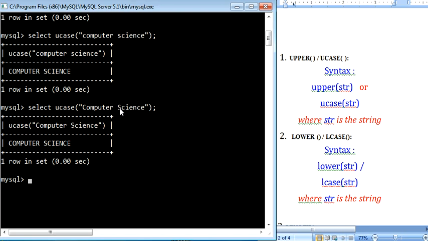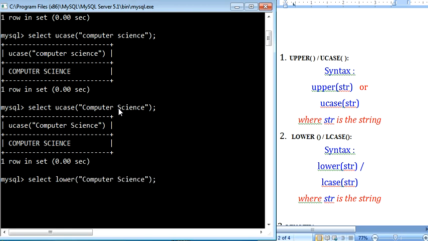And if you want to use a lowercase function, lower is nothing but the reverse of upper. Like upper is converting all the characters to uppercase, the same way lower will be converting all the uppercase characters to their lowercase formats. So let's see an example of that. Select, instead of using UCASE, here we'll use lower.